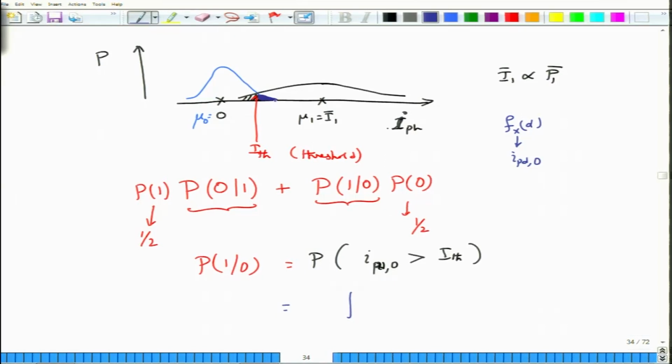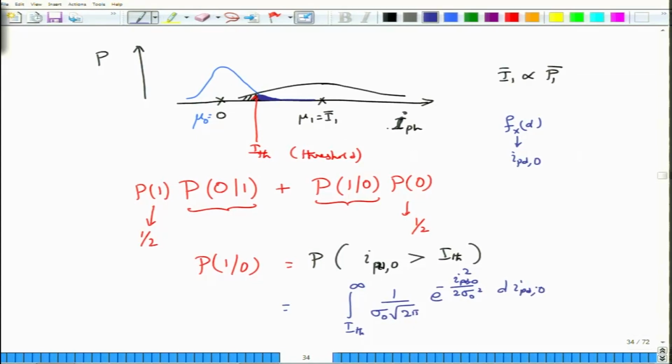Although you do not see infinity here, the value considerably starts to decay and eventually only at infinity it would reach 0. Okay. So, you can actually integrate the probability density function from threshold value to infinity. Okay. And what is the expression that you are integrating? This would be 1 by sigma 0 square root 2 pi exponential minus, say we will call this x square, the value mu 0 is 0 anyway, 2 times sigma square, or rather not x, we will write it as current, right? That is what our variable is. So IPD comma 0 square divided by 2 sigma 0 square dIPD comma 0.